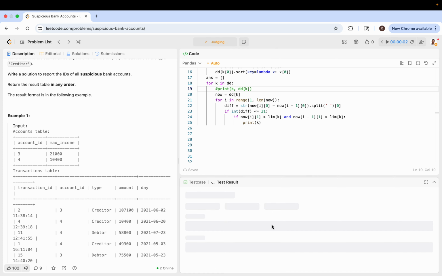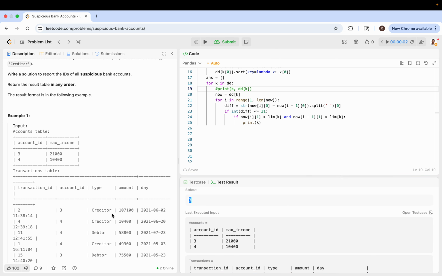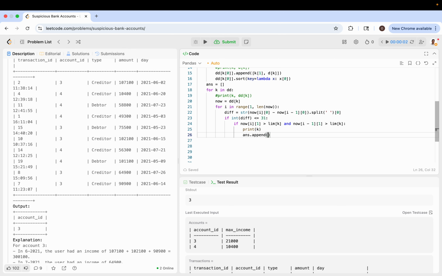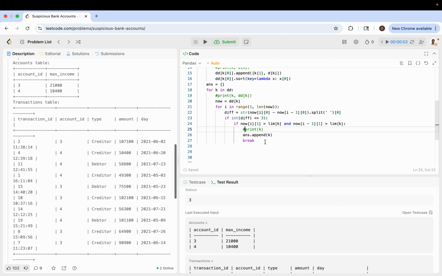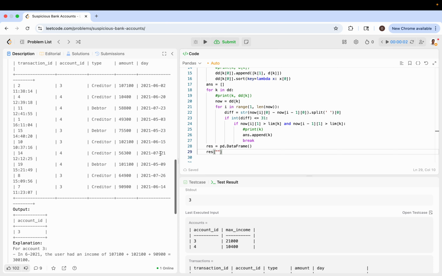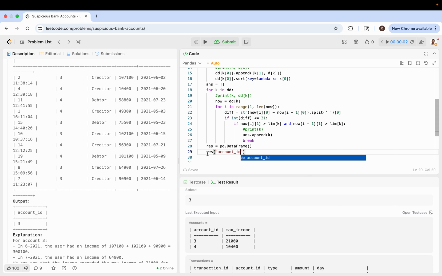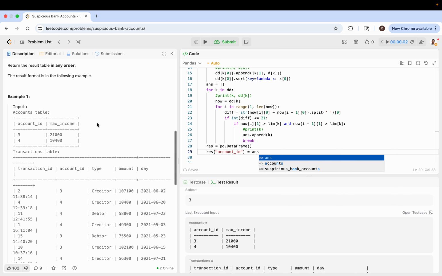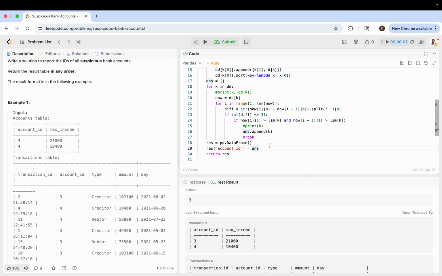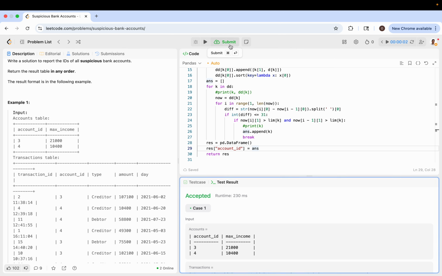Let's go ahead and print this. Cool. So you can see it lines up with what we see, so that's good. And then we can just append that to answer, and we can just break it right away because it looks like we don't want duplicates. And then let's go ahead and create an empty data frame. At this point, we basically have our answer. Set the only column accounts ID equal to answer, and here it says we can return the result in any order, so we don't have to sort it. We're good to go. So let's run this, submit it,